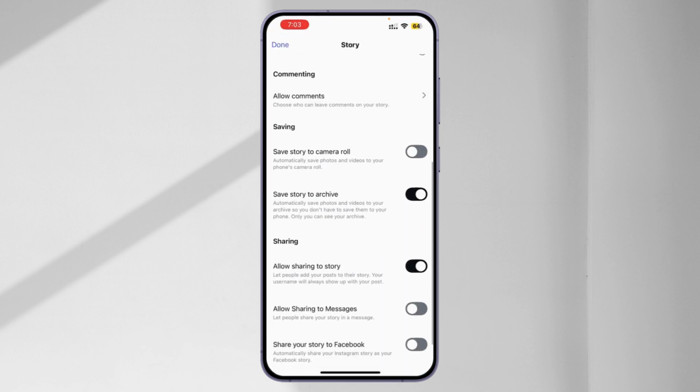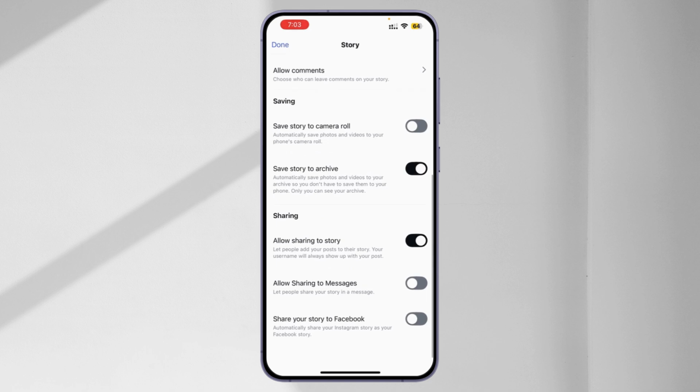Now scroll down a little bit and find sharing tab. Here you can see sharing. Now, as you can see, allow sharing to story. If you simply mention the other people or your friends on your story, they will be able to share if